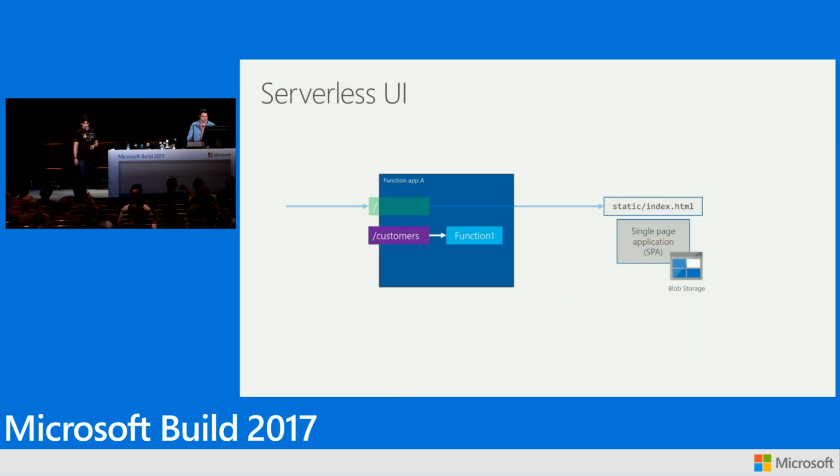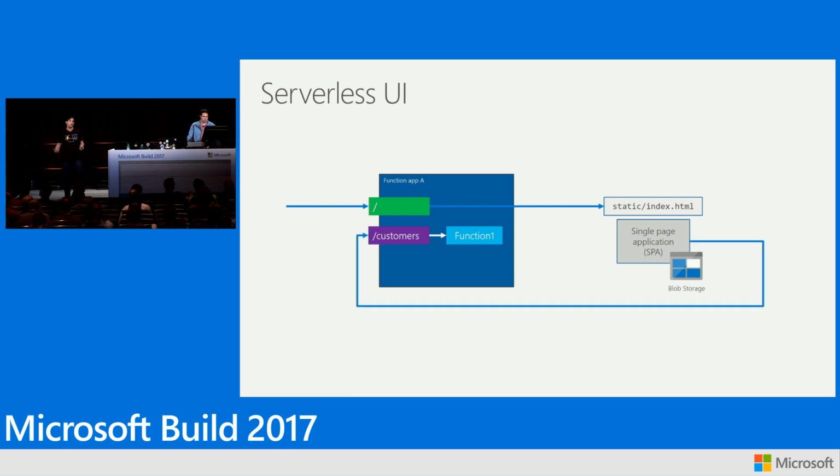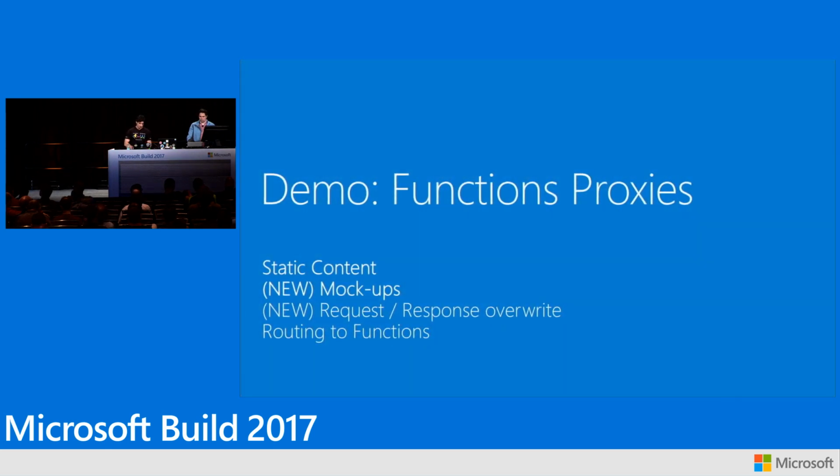Another pattern we see as people are building solutions is single-page applications, where they will have the root of their application point to an HTML file, and that application, as it picks up details on that customer, calls a function, let's say to render a personalized ad to put on the page, and that can run as you load your page. And all you have to do is call back into that same function app through another route. So those are some of the scenarios we see with proxies today, but I wanted to show actually proxies working.